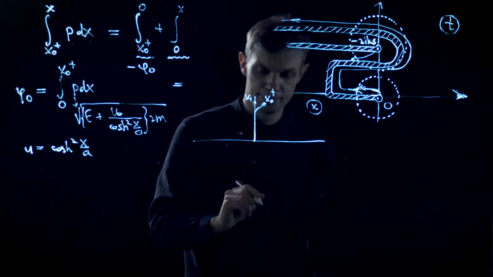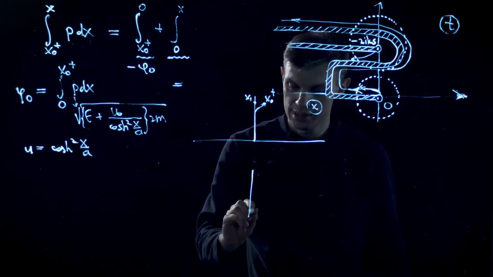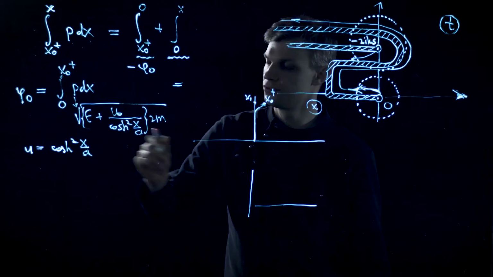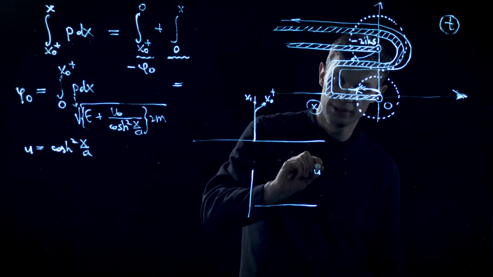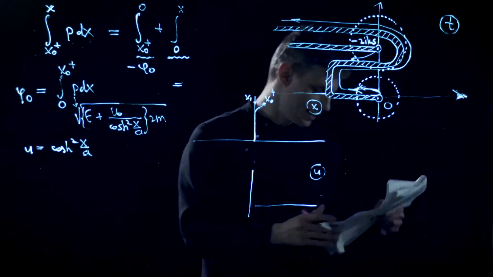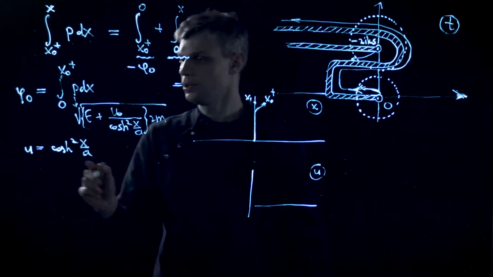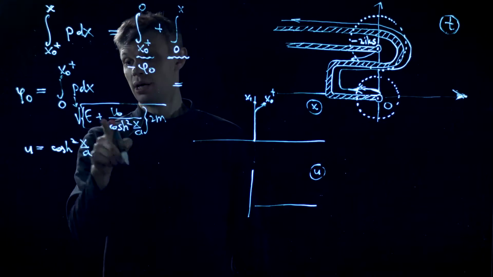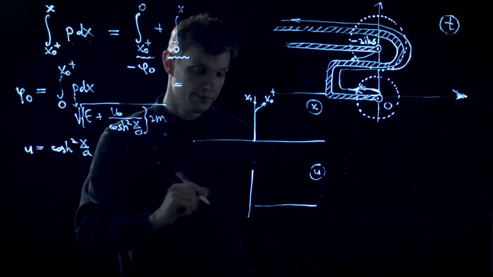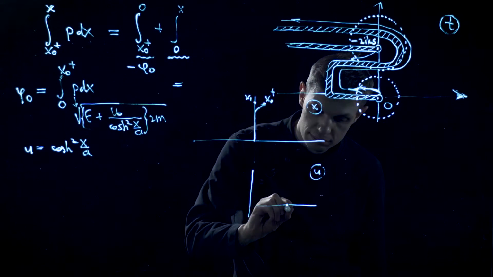After this change, the integral turns into an integral in the complex plane of the u variable. When x equals 0, then u equals 1, so it goes from 1